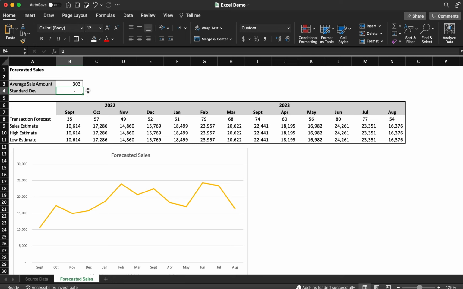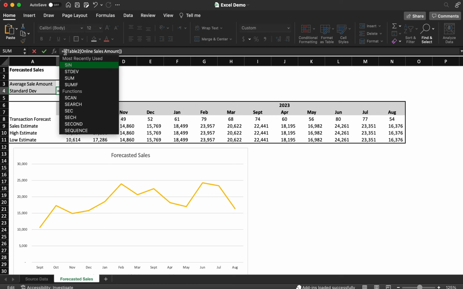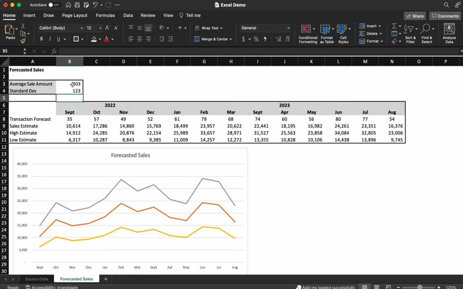Now we also want to know the standard deviation. So if we do the similar type of thing, we'll just grab this entire equation, plug it in here, except we want to know the standard deviation. So now we get the standard deviation, and now we have this. So let's just say we have a very, very simplistic model. We just want to look at one standard deviation up and one standard deviation down from the average sales amount